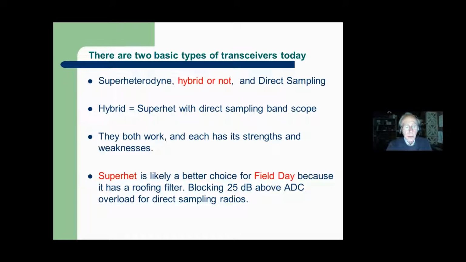The roofing filter, of course, kills off most of the signals on the band. Whether it's 15 kHz wide, like in the older radios, or like a K3, it's got a 500 hertz or a 2.7 kilohertz. That means all those other signals don't get through the roofing filter. So the blocking that would be important with a really close neighbor, a mile away, Field Day, the blocking typically for